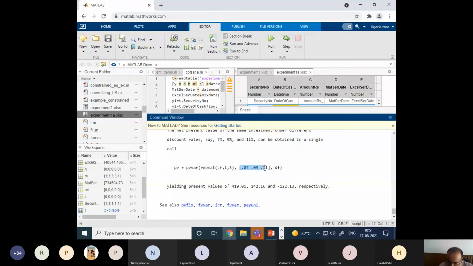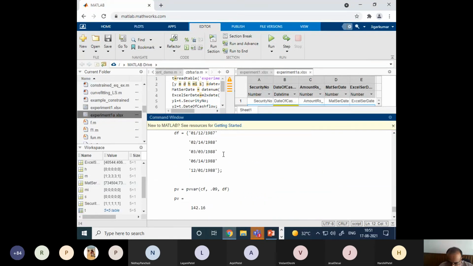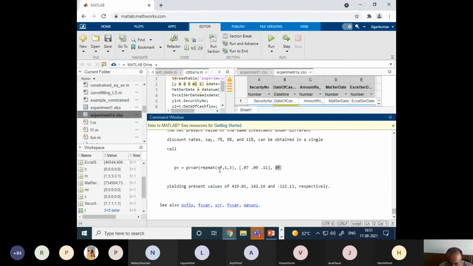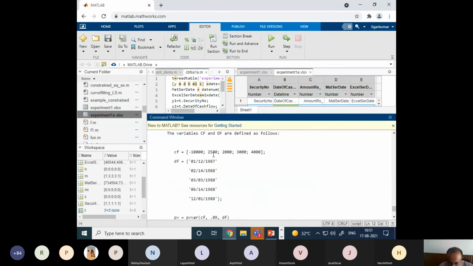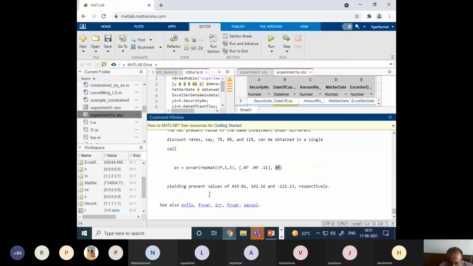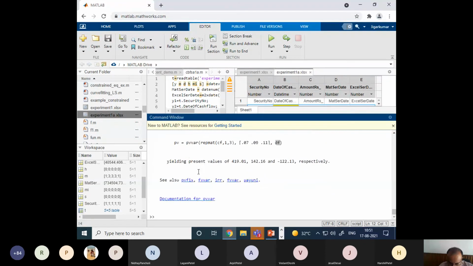If you have a variable rate, that also you can incorporate. So you can see this example in this. The interest rates are variable, 7%, 9%, 11%. So MATLAB supports this, and you can also take this example, right? The date format is there because the dates are specified like this. So by doing all these steps, this much investment, this much returns at this date, at this variable rate, you see what you get after this by calculating PV.